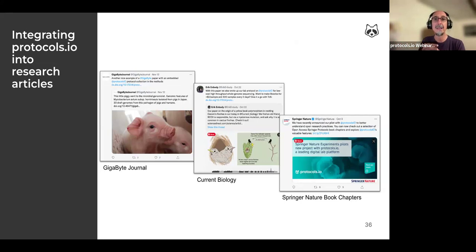The code is in GitHub, for example, and now we are starting to see more and more of the methods also going into a repository. And we're seeing a trend in scholarly publishing, moving away from vague methods sections to more rigorous, more reproducible method reporting.